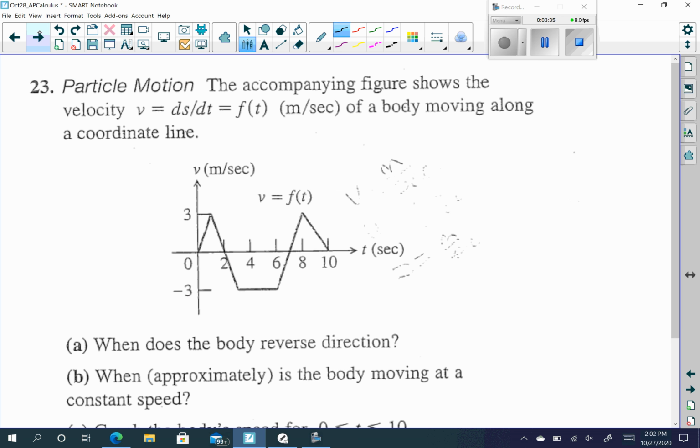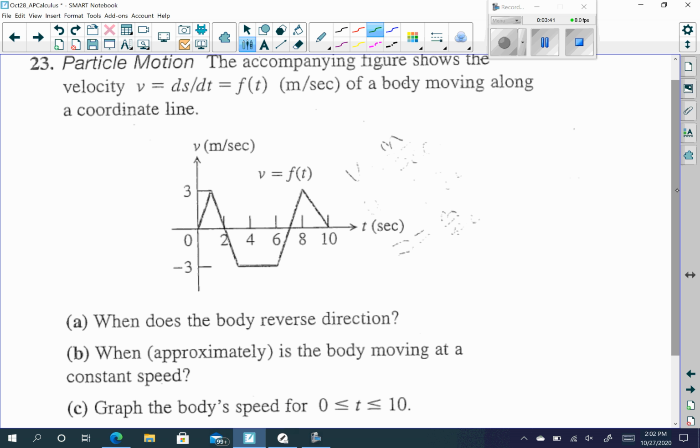All right, now for question 23, we are looking at a velocity time graph. So the first question, when does the body reverse direction? This is when velocity is equal to 0, but a little bit more than this too, because we actually have 4 places that our velocity is equal to 0, but we're not going to include the endpoint. So another way to look at this, we could say the body reverses direction when the velocity changes sign. So when velocity is equal to 0 and changes signs,